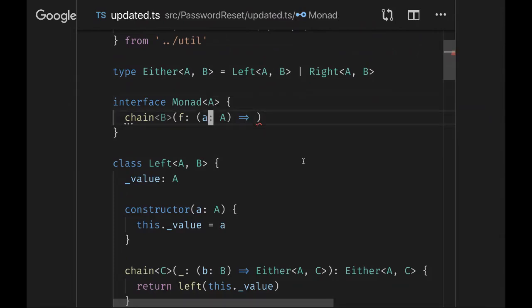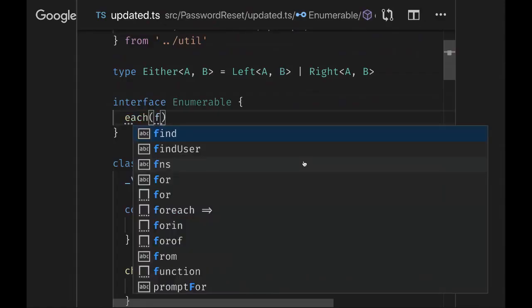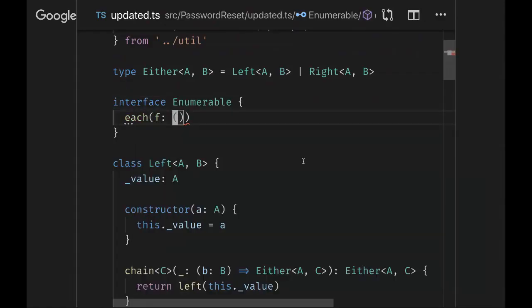So like I said, with an interface you can't use that though. That's the difference. Correct, an interface is just a behavioral specification. What's a better example? An enumerable is a thing that has an each method that takes a function. You can define either as an interface with the church encoding, with two callbacks, one that expects an A, one that expects a B.